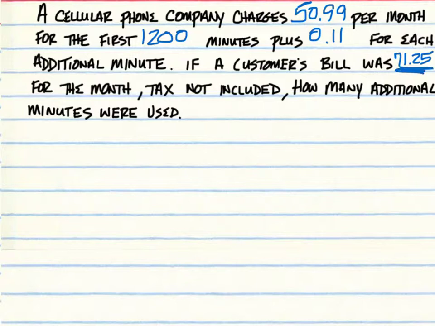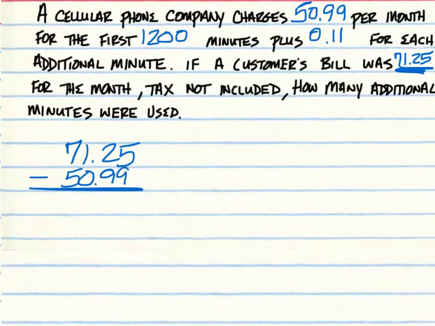Start with the amount that they were billed, $71.25, and subtract from that the amount the bill would be if they did not go over, $50.99. So $71.25 minus $50.99 is